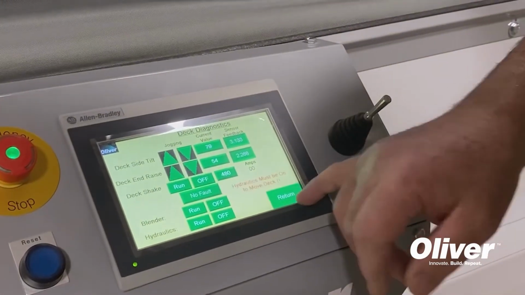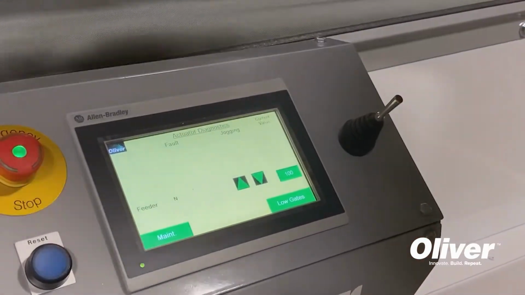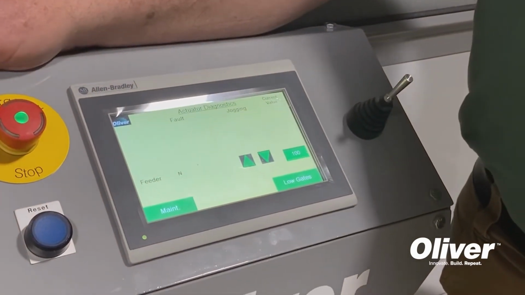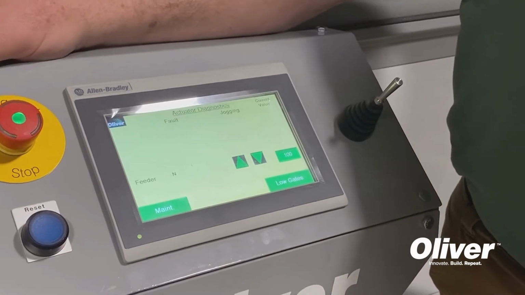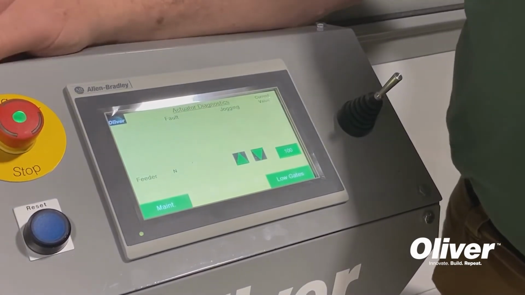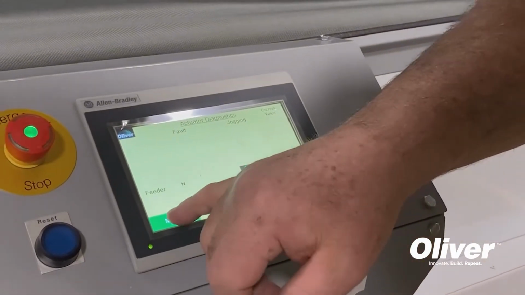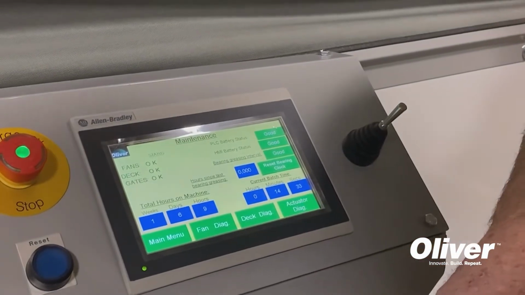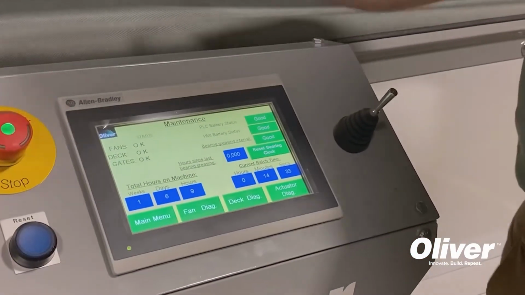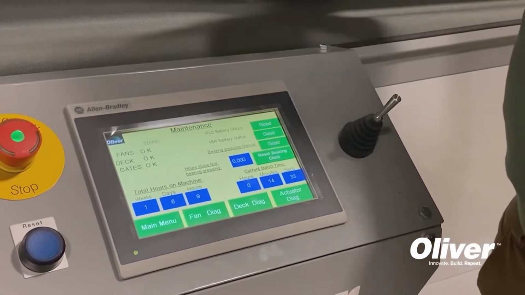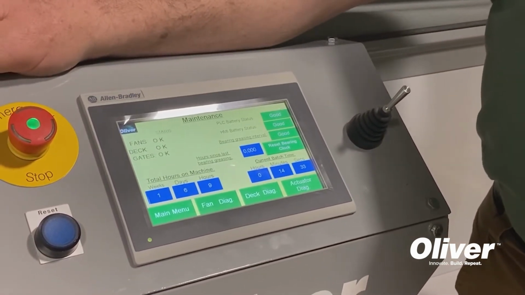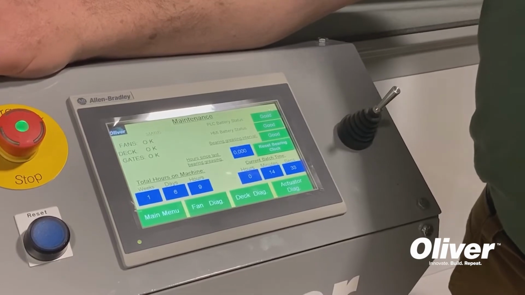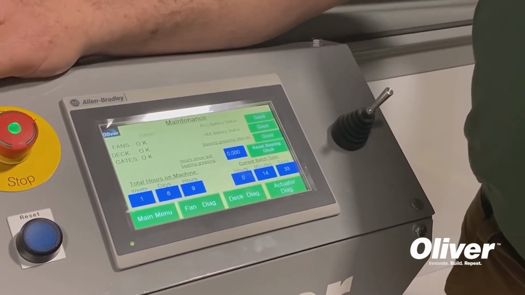We can also operate our feeder to make sure that we're getting a smooth operation to give seed to the deck. All of these are easily done in our maintenance screen. Along with that, we hold a bearing count that tells us how long this machine has run. So we easily know at what intervals we need to be doing routine maintenance or how long it's been since